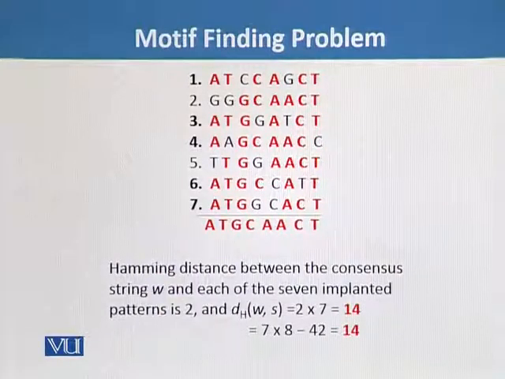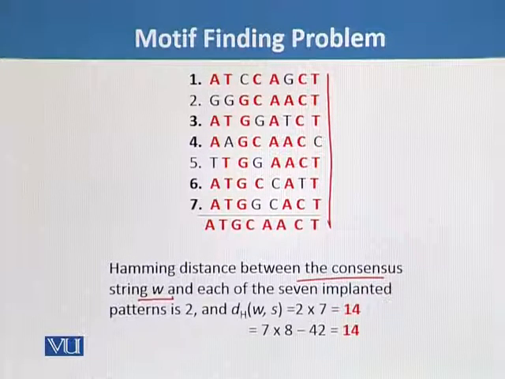From this figure we can calculate both the motif finding problem and the median string problem. We have already said that the median string problem is a minimization problem and the motif finding problem is a maximization problem. Here we can see this is the profile,